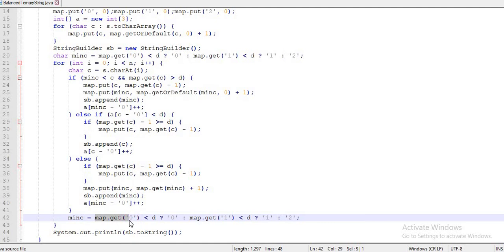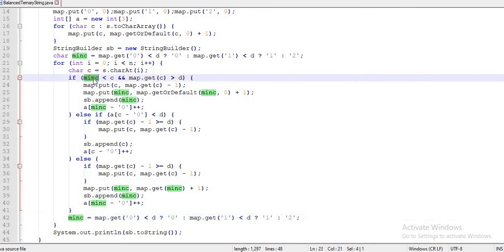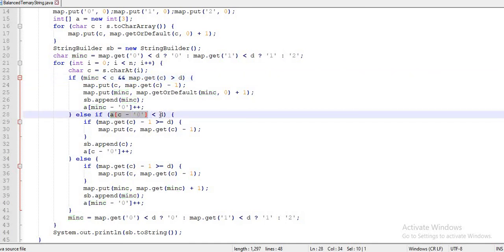So let me explain this part. If you try to set the breakpoint over here, after each iteration it will give you which character from the hash map contains the minimum value or minimum frequency. Based on that, you are going to update your min c. So in this case, finally we would have the min c as a 2 value, but 2 is greater than 1. So it will come to this part and check what is the value of the 2, but we have already updated, it is now equal to d, that is a 1.